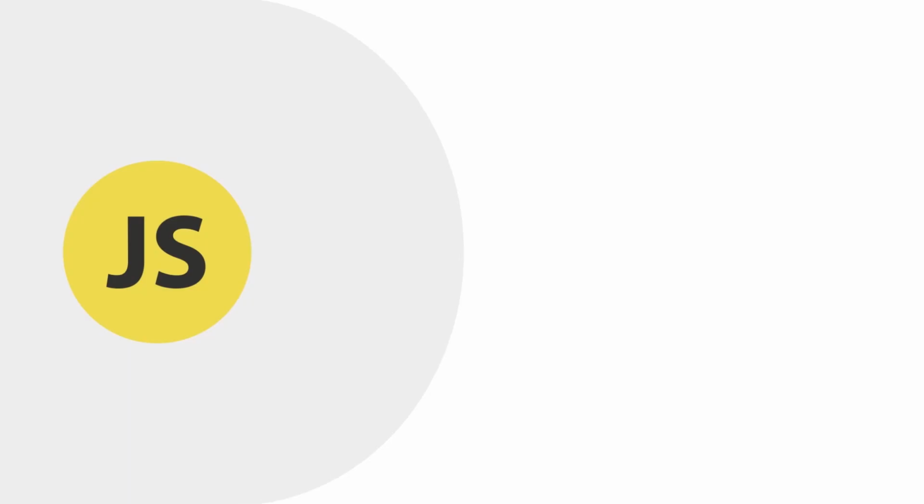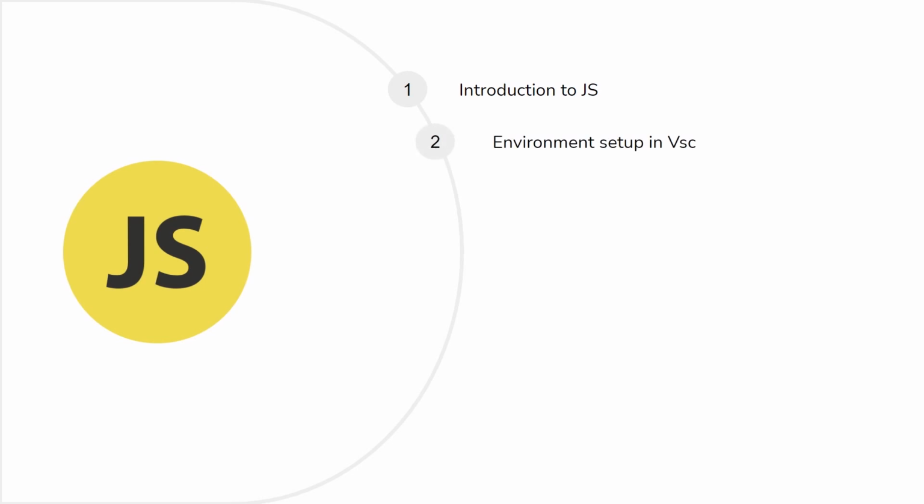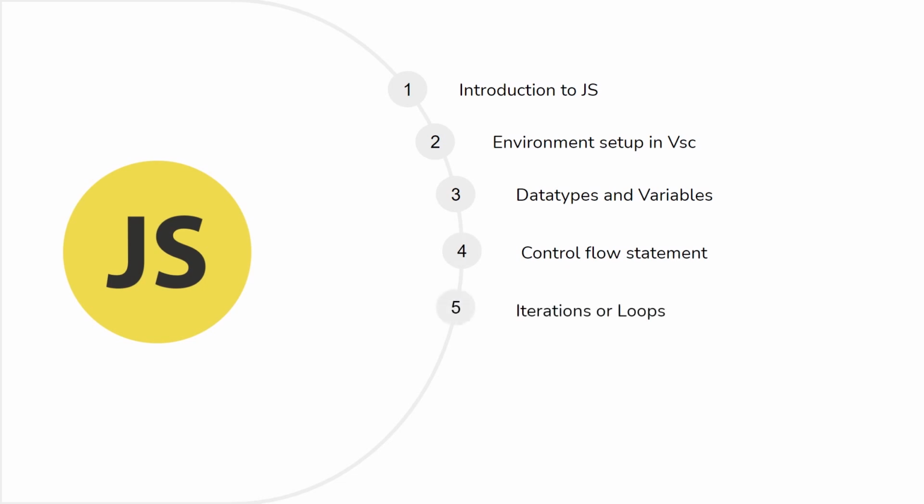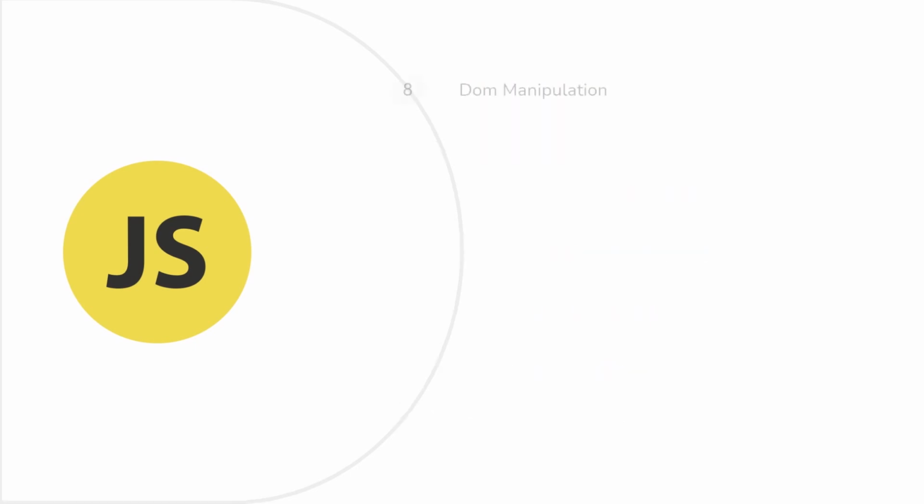In this course, we will learn about introduction to JavaScript and its advantages, how to set up the JavaScript development environment and various VS Code extensions, data types and variables in JavaScript, control flow statements in JavaScript, different types of loops in JavaScript, different types of functions in JavaScript and how to use them, data structures in JavaScript, DOM manipulation and its function in web development, and we will work on a basic to-do application to apply all the concepts that